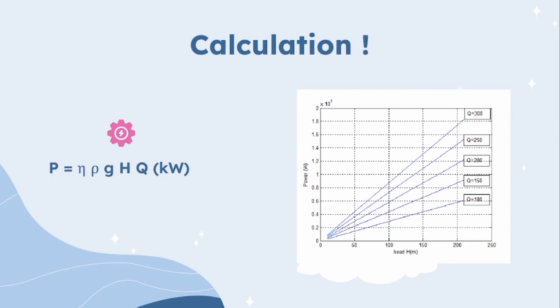Well, good for you then. I'm going to explain it the easy way, or my way to explain it. As you can see here, this is how to calculate power using a generator in a hydropower plant. The power equals efficiency times height times density of the water times the flow rate of the water, and then also the gravity of the earth, that is 10 meters per second.